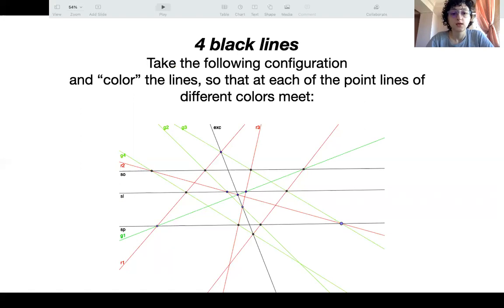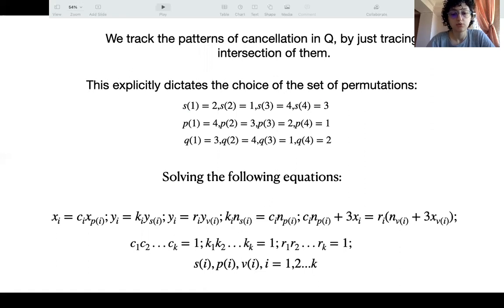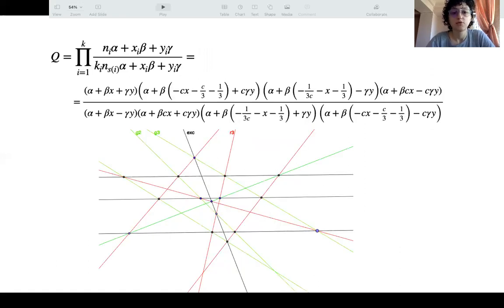In case of 4 black lines, I took the following configuration and colored the lines so that it meets the requirement that at each point, three lines of different colors meet, as you see here. And tracking the patterns of cancellation in Q by just tracing the intersection of the points, it was explicitly dictated by the choice of the set of the following permutation, and I could manage to solve the following sets of equations with these inputs, and finally derived the following Q non-uniqueness factor, as I call it,